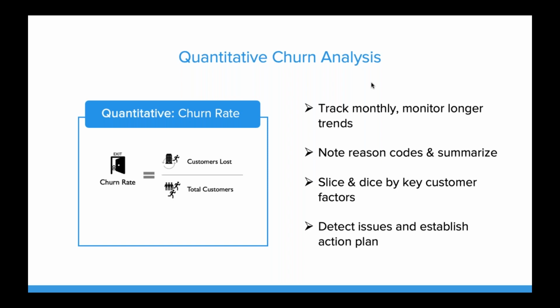You can slice and dice by the reason codes, but you can also slice and dice by a lot of different other criteria to help hone in on whether there are particular customer segments where we're struggling more or less. That might be the industry, the size of the business, the use case or the product line, a lot of different ways that are very specific to your business. And then ultimately we're trying to find those issues, right? Diagnose the issue and then set an action plan.